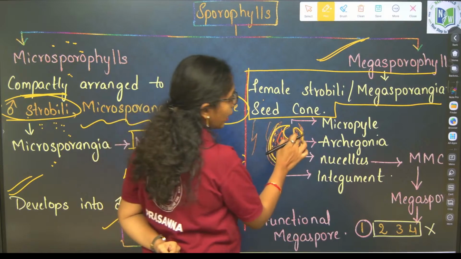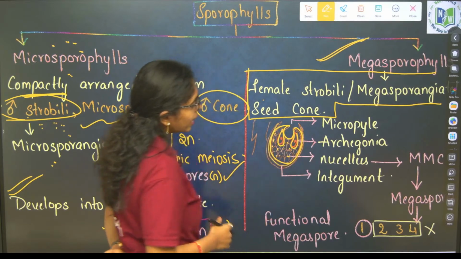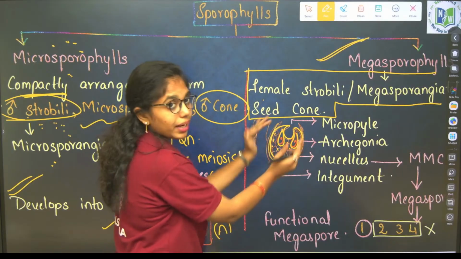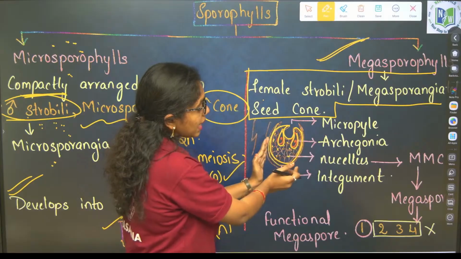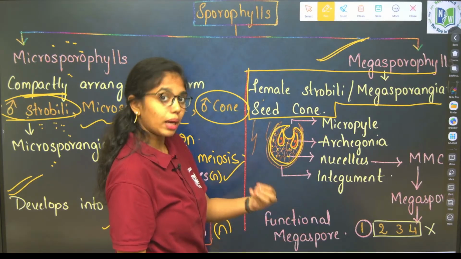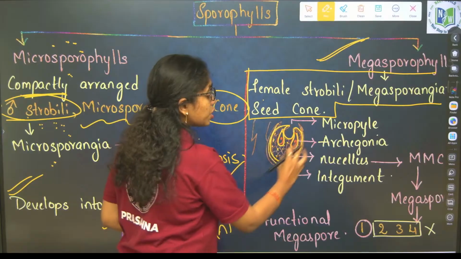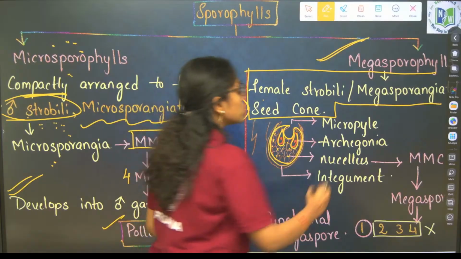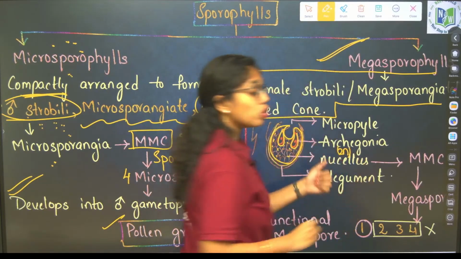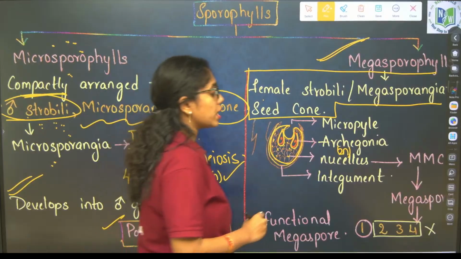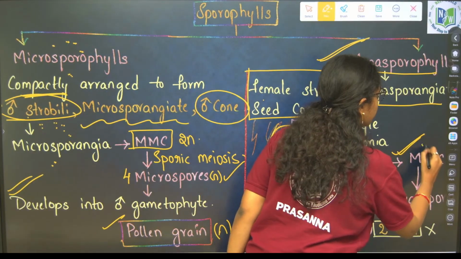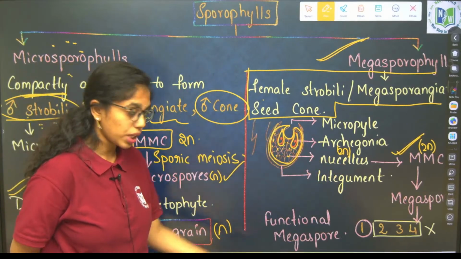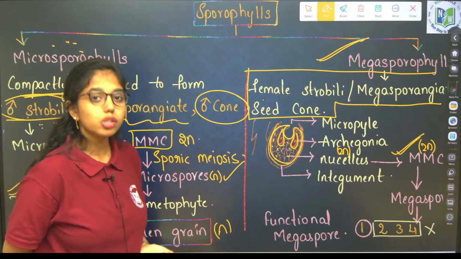So, here you have 2 to 3 multiple archegoniate structures. Once again you listen, this is the complete female strobili or female cone or seed cone. Inside that you will be having 2 to 3 archegonia, and the cells which are present inside this female cone are what? Nucellus cells. These nucellus cells are what? Diploid. Nucellus cells, one of them will be differentiated into megaspore mother cell which is diploid. Okay, if nucellus cells are diploid, one of it is differentiating into megaspore mother cell, that will also be diploid,